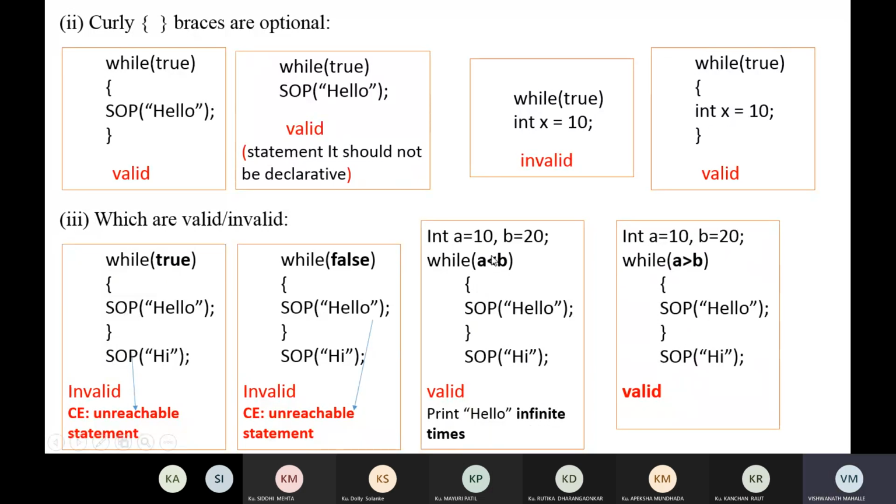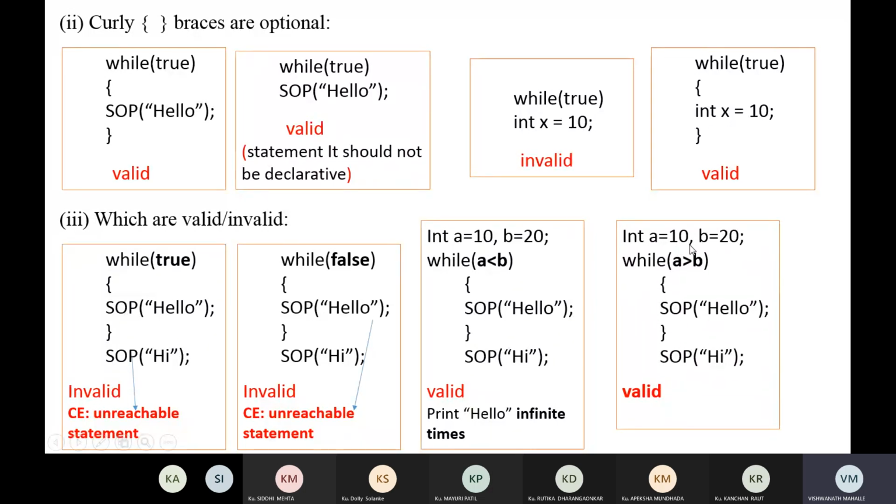If you pass the relational expression a is less than b, this program will execute, but hello will print infinite number of times. But if you write here true or false, then if you write true, this is invalid, unreachable statement.